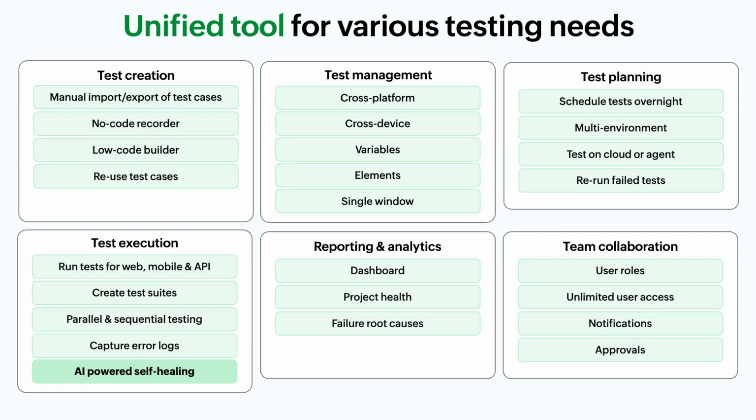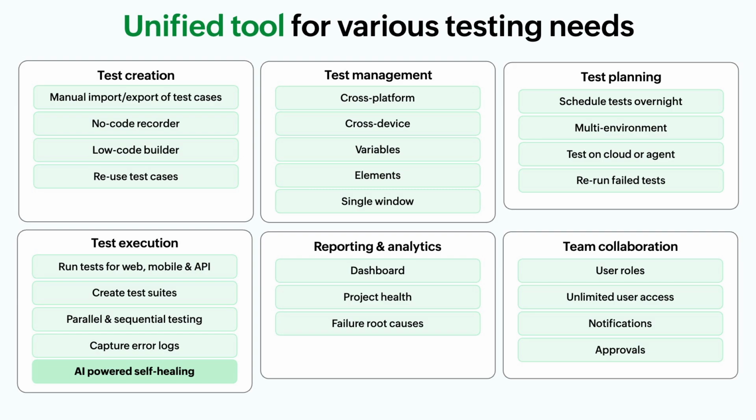Now, one thing to note here is the AI powered self healing capability. So, what happens with an AI powered self healing capability? Let's say when you are running a test case and there is a broken locator. Q Engine will automatically find the next available locator and it will prompt the user whether it's okay to use that locator, and the test case will run using that locator. So, that is powered by the AI capabilities that we have within Q Engine.